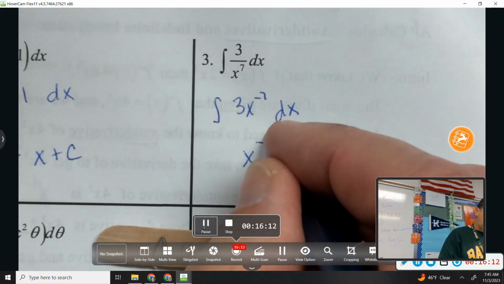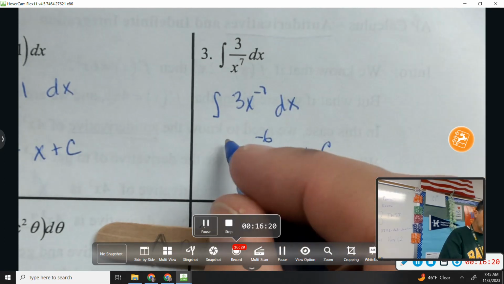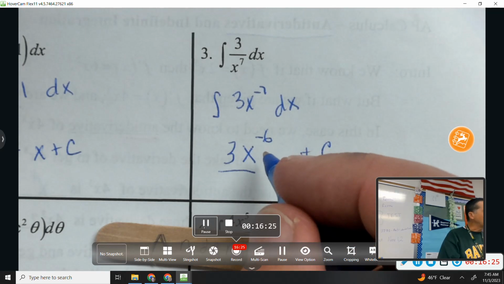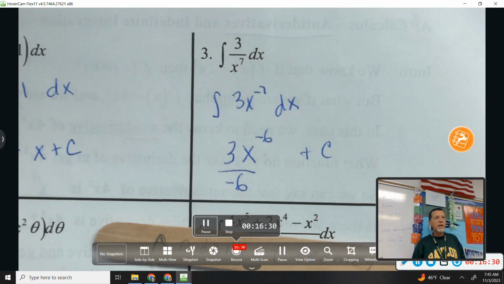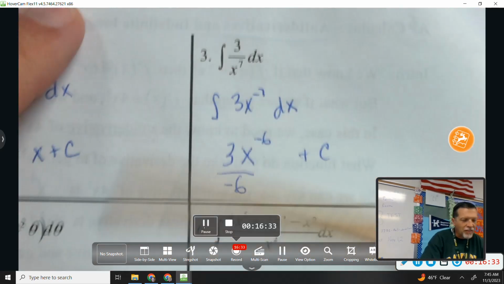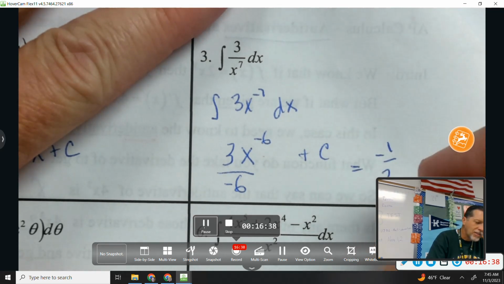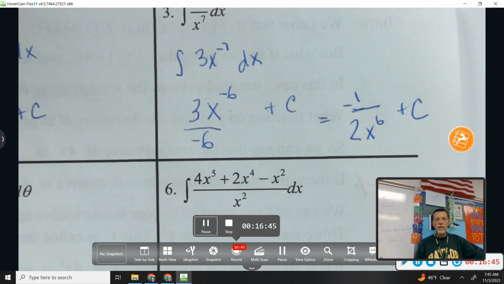Let's see. I like the x to the negative 6 because we're going to increase the power by 1. I like the plus c. Divide. Yes. I think you multiplied rather than divide. So let's divide by that new power. Divide by negative 6. And that's a safe stop, but so negative 1/2 x to the negative 6. Or if we want to be kind of fancy, we could put that x to the 6 in the denominator. That's probably what the multiple choice question would do.